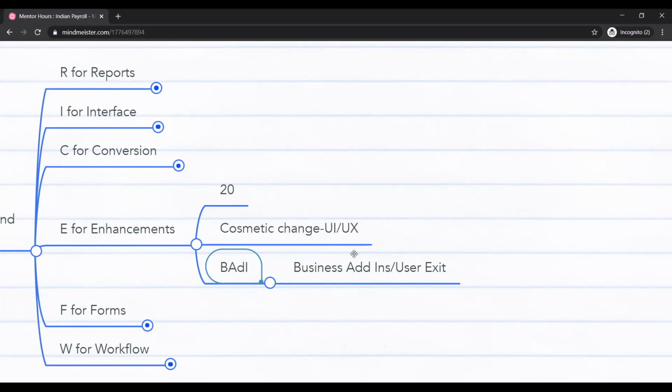Whenever the customer is asking for any kind of custom changes, client-specific custom requirements, and you have a specific BAdI, whether it can do it or not, before committing to the customer you need to talk to the developer, to see whether that requirement can be met by the BAdI offered by SAP. If yes, then you can go ahead and complete the configuration in the BAdI, whatever changes are required in the enhancement. That is also part of an enhancement, we call it.